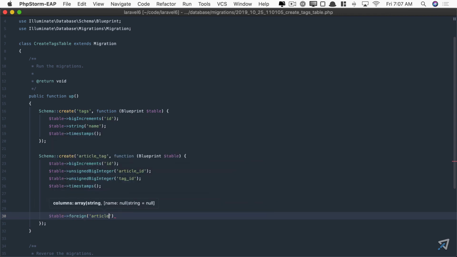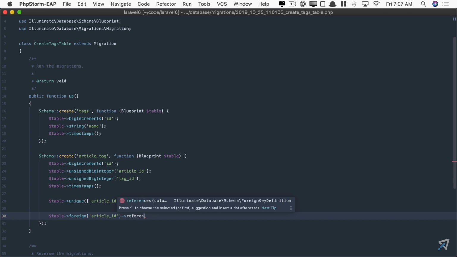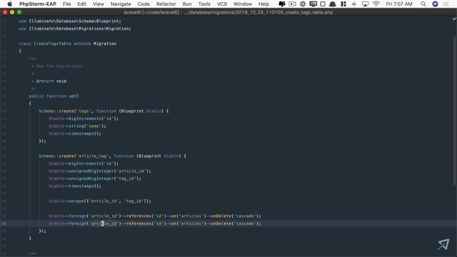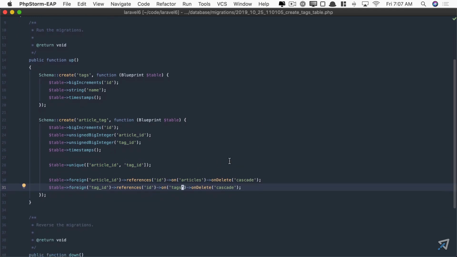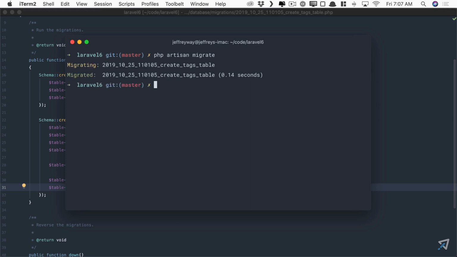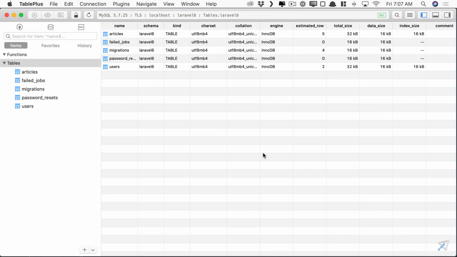So you could say the article ID references the ID column on the articles table. And if we delete the article, let's cascade and delete this record as well. And then we'll do the exact same thing for the tag. So tag ID references the ID column on the tags table. All right, and we end up with something like that. So I'll go ahead and migrate our database. All right, and now if I switch back to Table Plus and we give it a refresh,